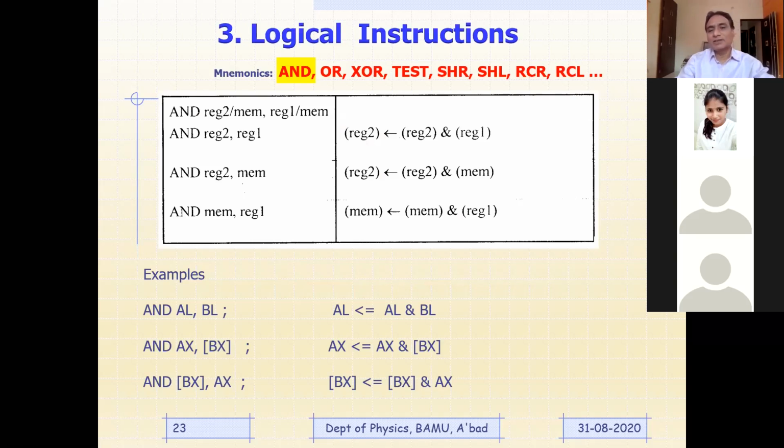As I told you earlier, here you need to recall the operation of the AND gate. What is a logical gate? If I ask you to define a logical gate, how would you define it? It is basically an electronic circuit which will have one or more than one input and only one output. This is the general definition of logical gates.